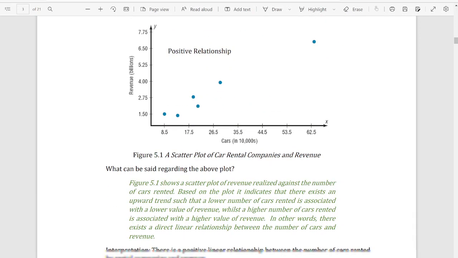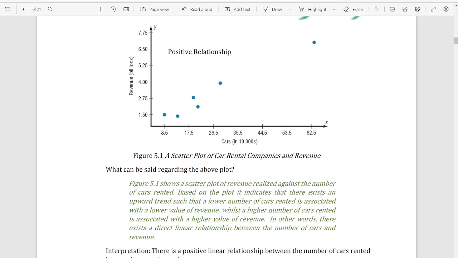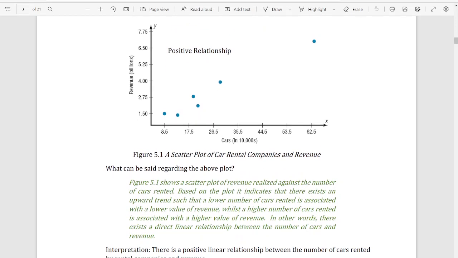So kalau you tengok kat sini, bagaimana kita nak membincangkan ni? So how are we going to interpret this information? So what can be said regarding the above plot? Apa yang boleh kita dapatkan daripada plot tersebut? So this is how you explain. This is how you elaborate your